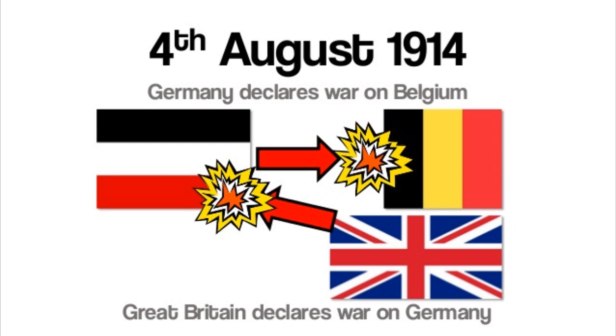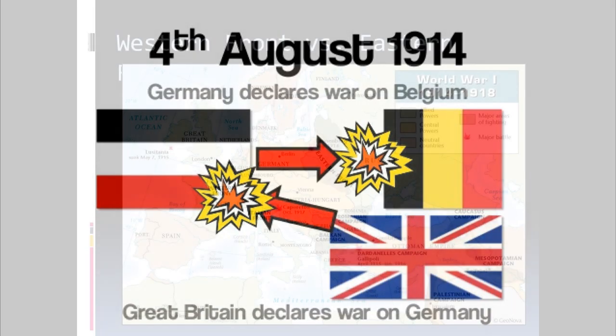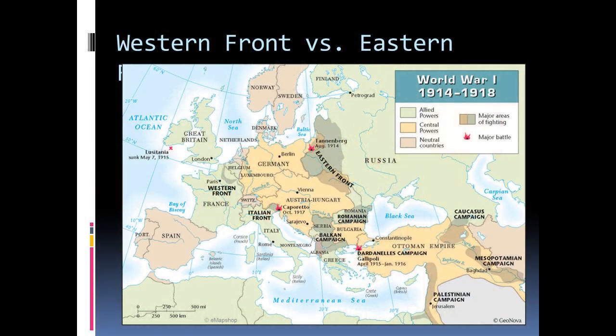When Germany did so, Britain entered the war. Now Britain declares war on Germany. Now we have the most powerful nations of Europe fighting each other. This is the beginning of the First World War. This is the first point. The second point is the Western and the Eastern fronts. If you talk about the beginning of the war, you cannot miss the first battles, of the first month of combat.